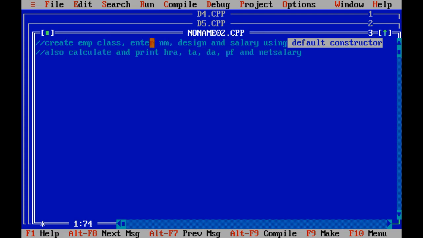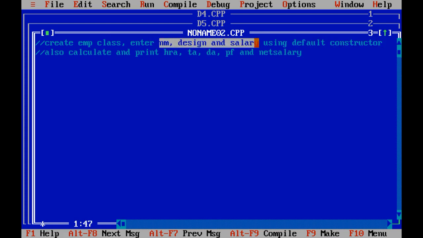Inside the default constructor I need to initialize the values of three variables: name, designation and salary. That is our first requirement. After that I need to create one function called, say, calculate, and inside it I need to calculate HRA, TA, DA, PF and net salary.